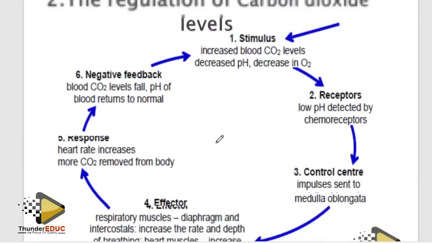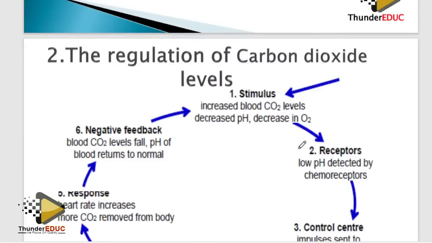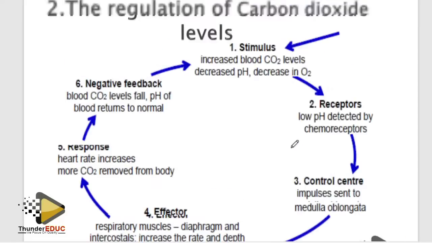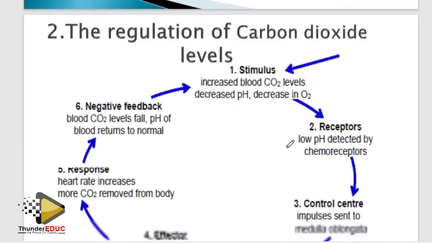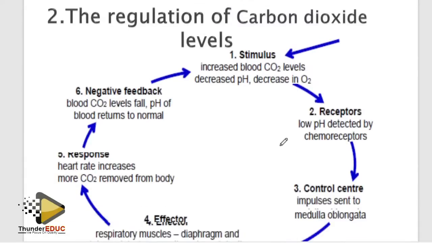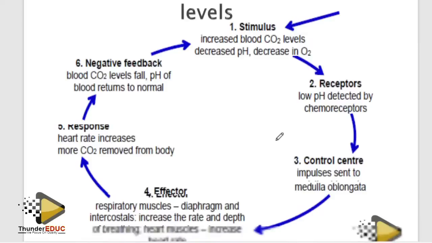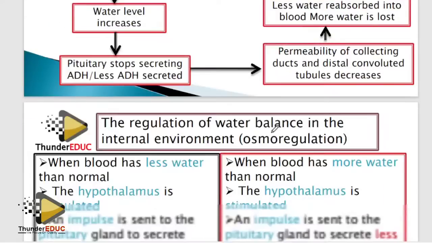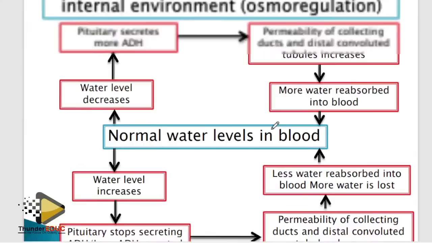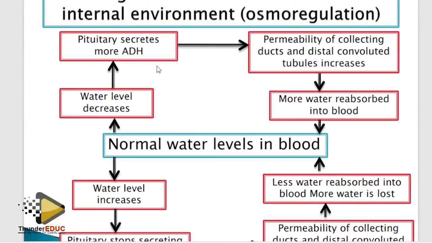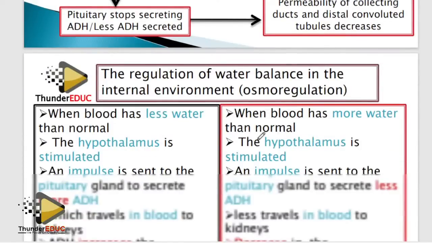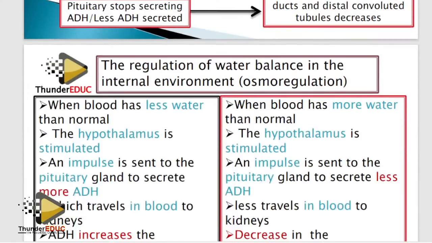Whenever they bring carbon dioxide, people fail, man. I don't know why. But it's the only one which doesn't have two ways. So please at least try to master it. But the rest, you see, the same thing I talked about, normal level of water, decrease. You have here the more or increase, the pituitary gland, now you see the function of the ADH. Simple. So you guys, this must be your guide for you to pass.